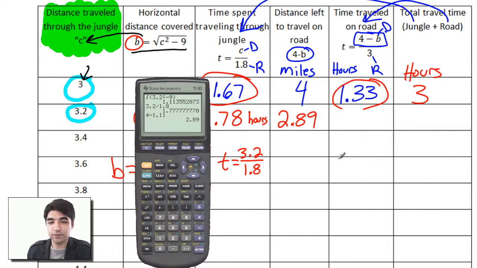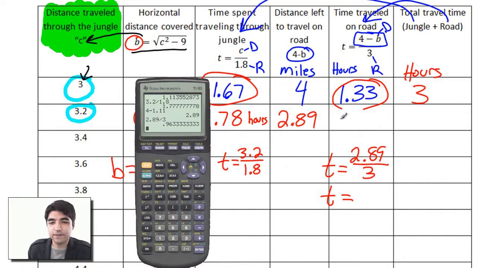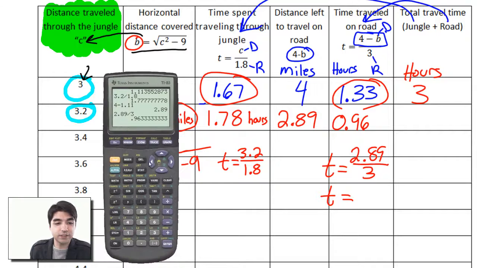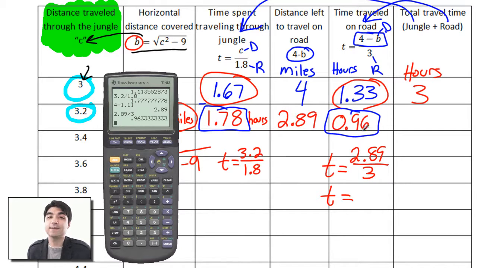Then the time traveled on the road is t equals 2.89 divided by 3. So t equals 2.89 divided by 3 equals 0.96. And then the total hours we traveled is a combination of this number and this number. Time traveled through the jungle and time traveled on the road. So we have 1.78 plus 0.96 equals 2.74. Hey, look at that. So we actually saved some time by going through the jungle as opposed to going straight